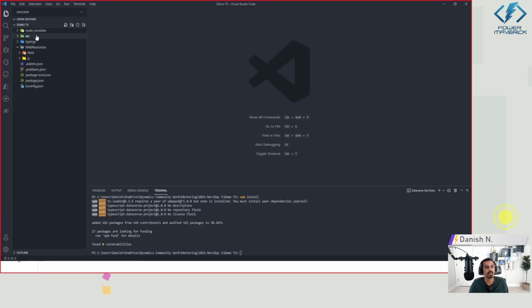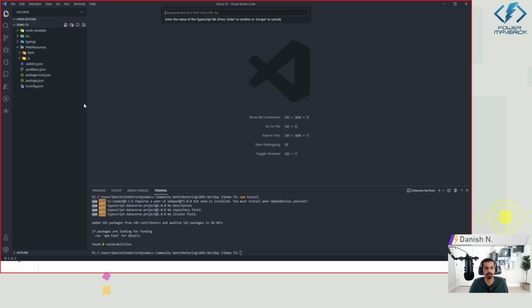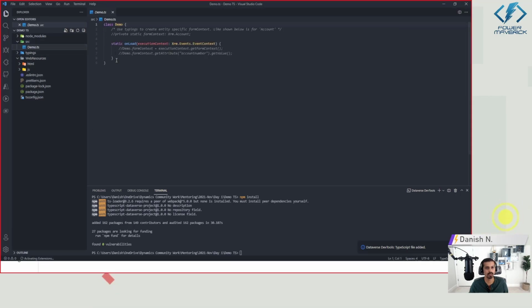Okay. And then what you could do is go to source, right click source, and say add Dataverse TypeScript file. When you do that, it will ask for the name. So let's say we do demo. Now it added the TypeScript file called demo. You can see it here, and it has a snippet for you. It gives you what you need to do with it, how the form context would be, and things like that. Right now, one thing I have to do is